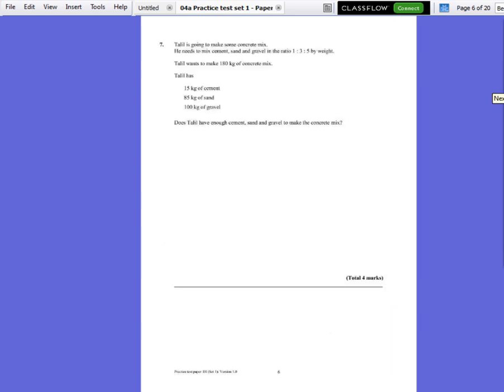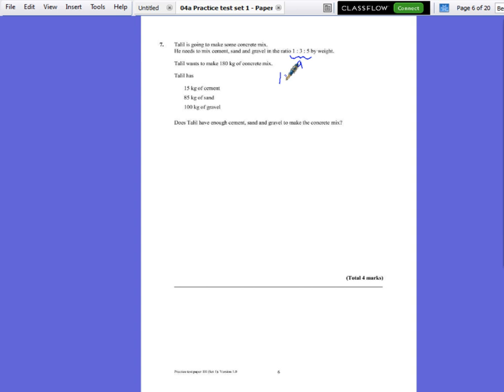Question 7. Talil is going to make a concrete mix. He needs to mix the cement and sand and the gravel in the ratio 1 to 3 to 5, and he wants to make 180 kilograms. He's only got 15 kilograms of cement, 85 kilograms of sand, and 100 kilograms of gravel. Does he have enough? Well, first of all, if we look at this ratio, there are 9 parts in this